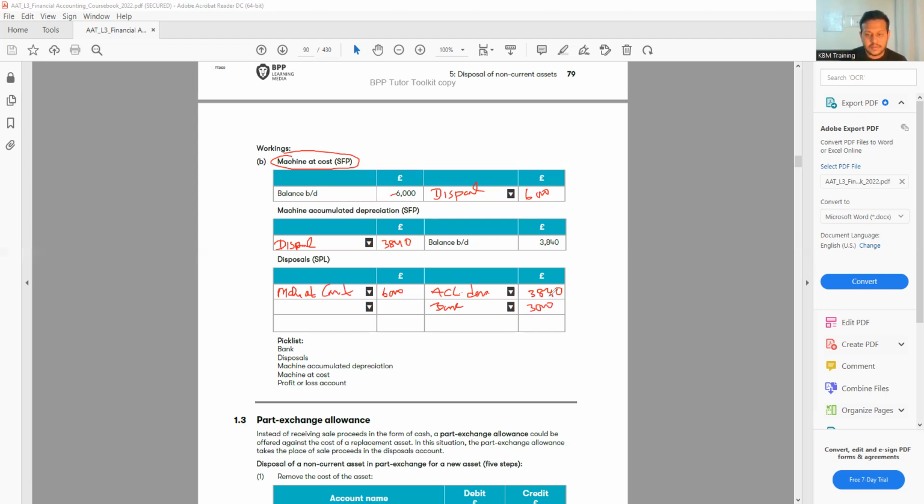So you can see here, if we added these two, it will give me 6840. Here 6,000. The difference 840 because of the gain. If you remember, we make a gain. So gain on disposal 840. And that gives me total 6840. That's how we record the journal into the ledger account. All right, any question from anyone from this one?